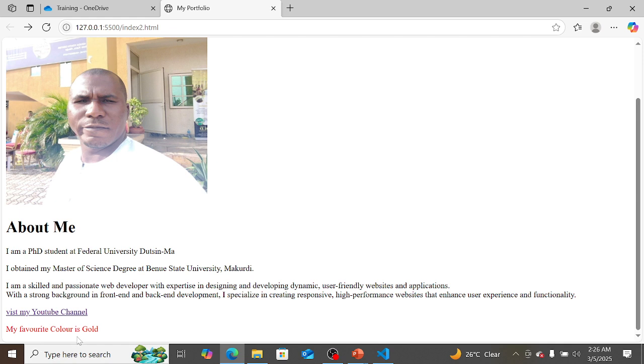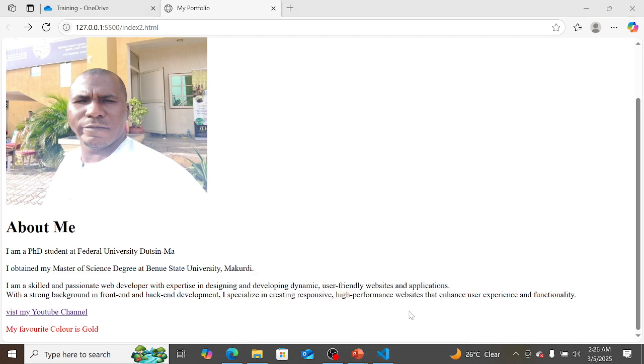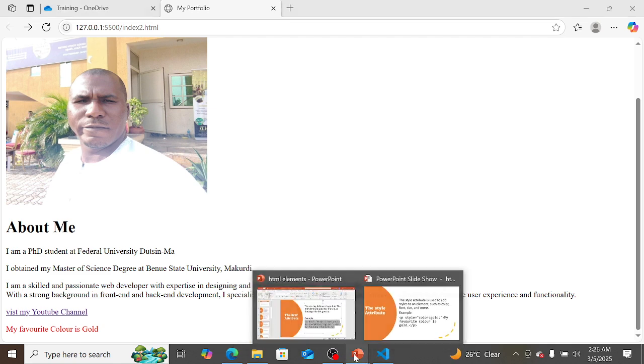So in a particular paragraph, if you want to give it a color, you can use this attribute to give a different font color to your text. So another attribute we have is